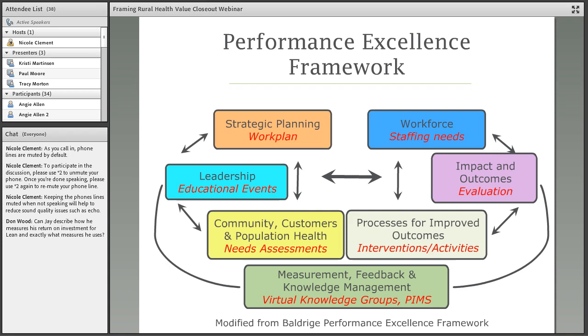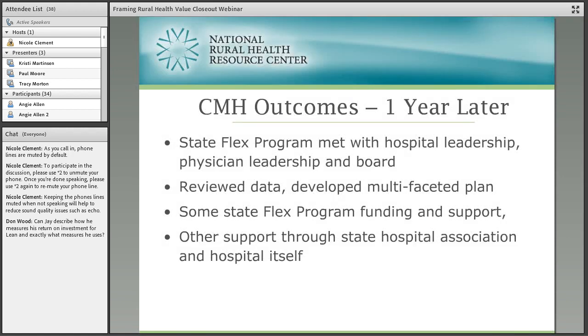And then with the process for improved outcomes and then outcomes and impact and measurement, just thinking about what is the best way to address the needs within your state and fund activities that can help hospitals improve, whether it's around quality issues or financial and operational issues. Again, this is an opportunity to think about what other states might be doing if you aren't quite sure what to do. What other resources are there in your state that you can tap into? And then looking at the FLEX monitoring team reports that they have on best practices around particular interventions as well.